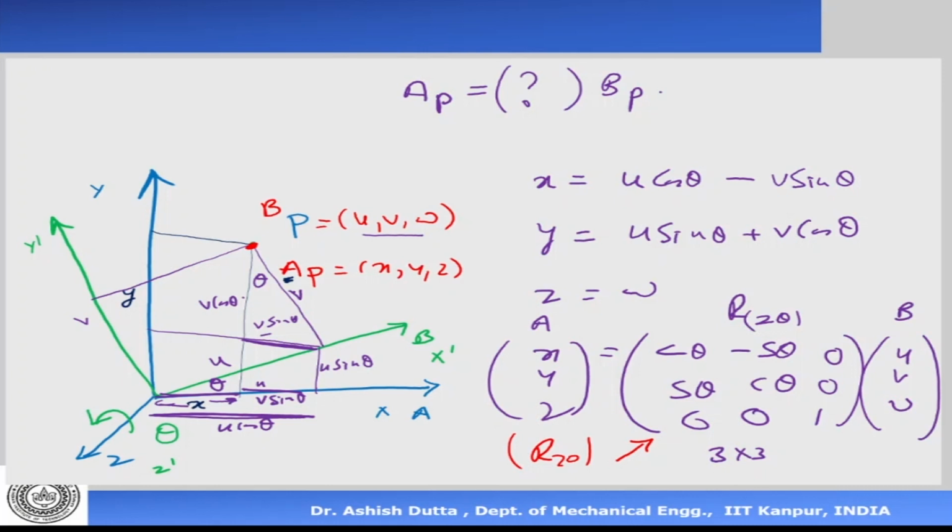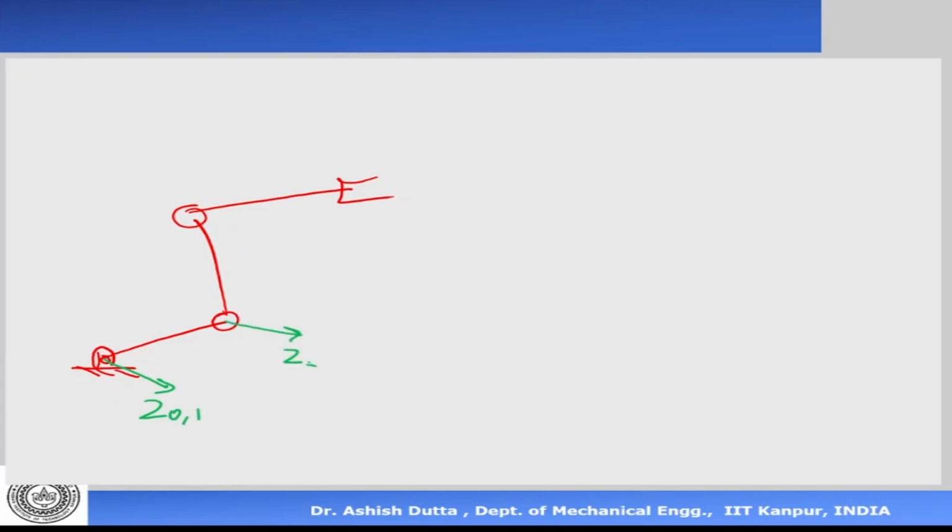Now let's do a few problems. The homogeneous transformation matrix will allow us to go from one frame to another frame. So now let me look at the bigger picture here. We have a serial link manipulator like this, and we are assigning frames. So Z0, Z1, then Z2, Z3, and there's a Z4 there. I'm putting X0 here, X1, X2, X3, and X4 there.